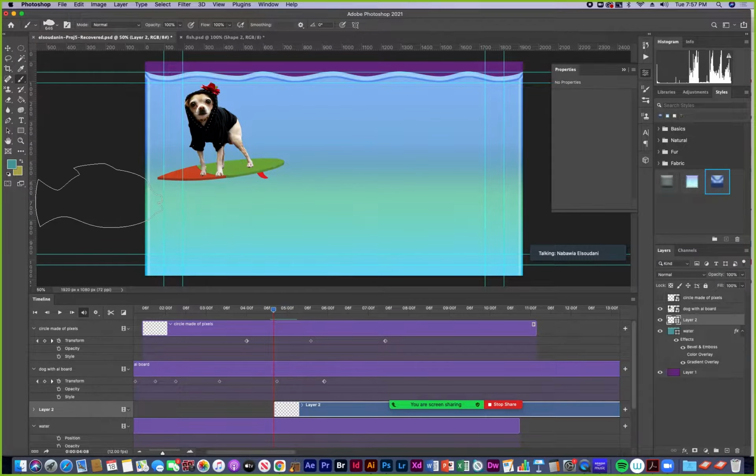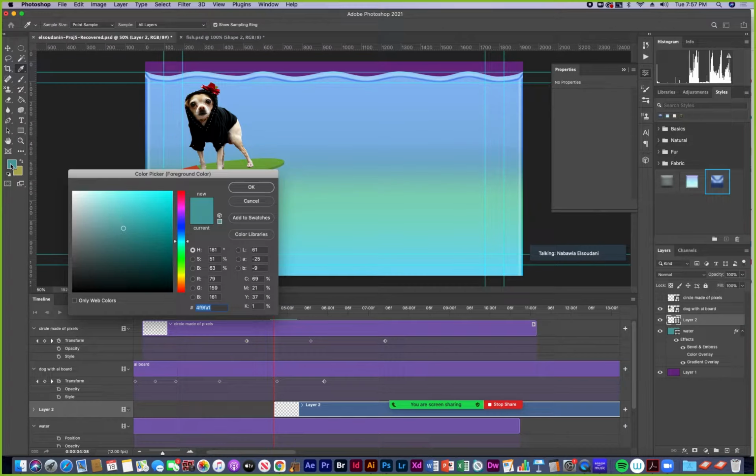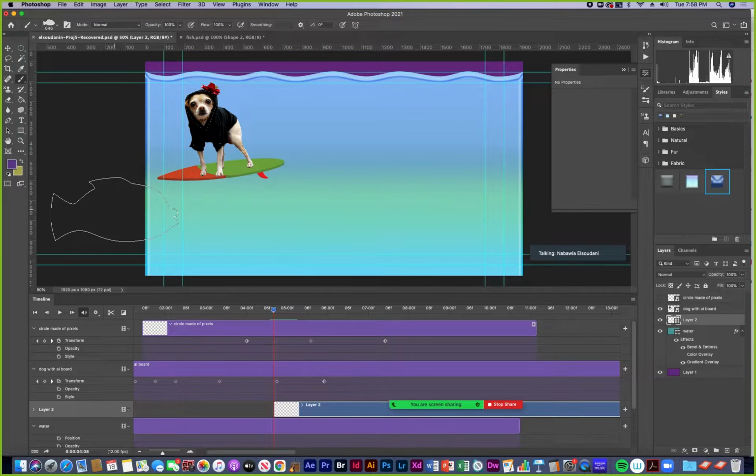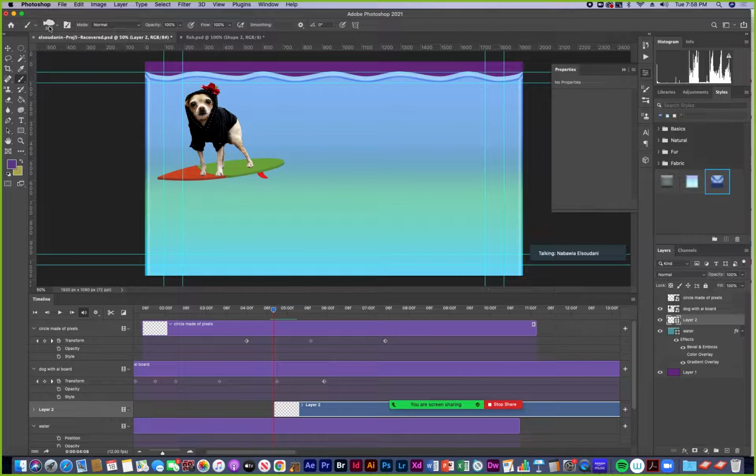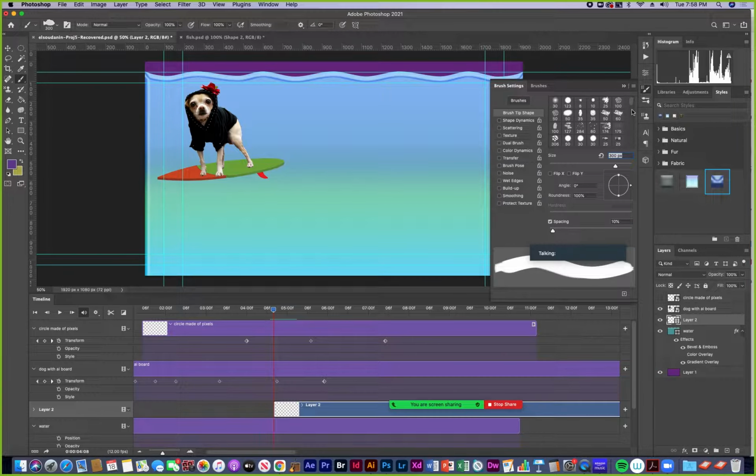So I'll start here. I got my fish. I might want to choose a specific color for my fish. Maybe it's a purple fish. And I can adjust the size because this is a brush. It's a brush tip that's selected, which you can see from my brush settings menu.